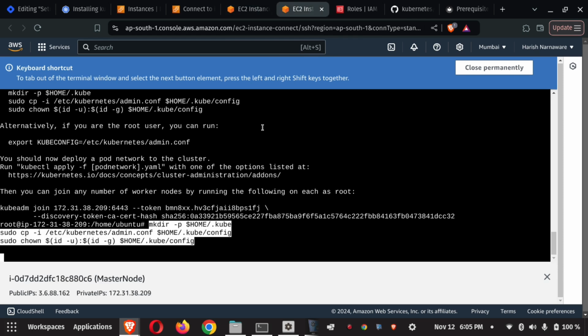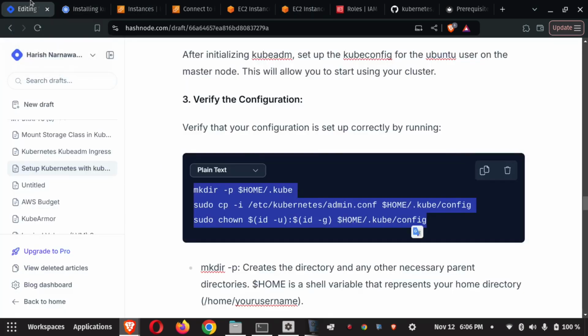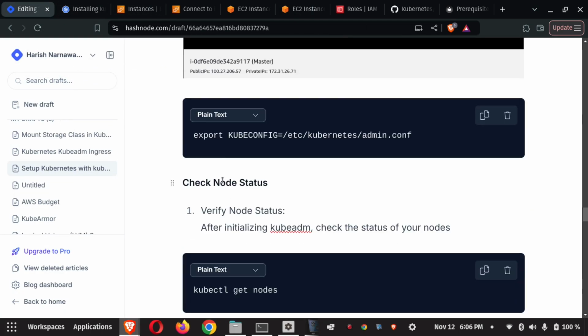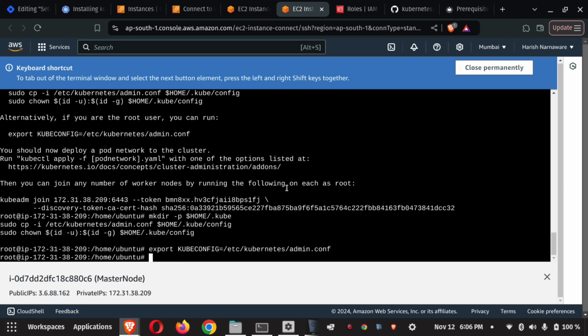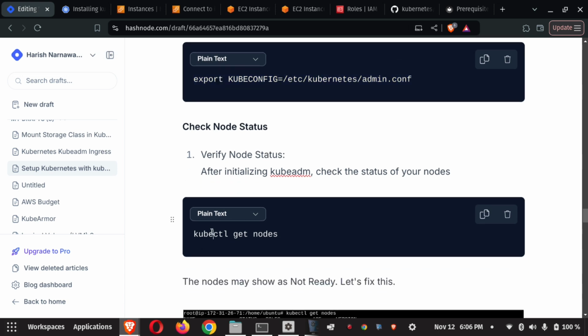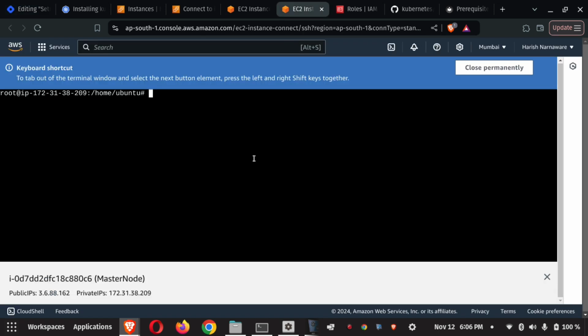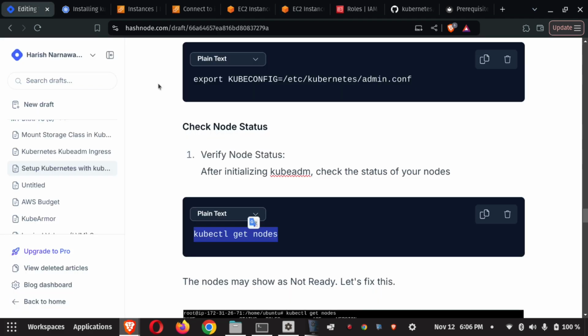For a normal user, you can run these 3 commands, or if you are a root user, then you can run the export KUBECONFIG admin command like this. Just run both commands, and now I think the cluster configuration setup is done. Let's clear the screen and go to the next step, check node status. You can check the node status with this command, kubectl get nodes. So my control plane is ready, and